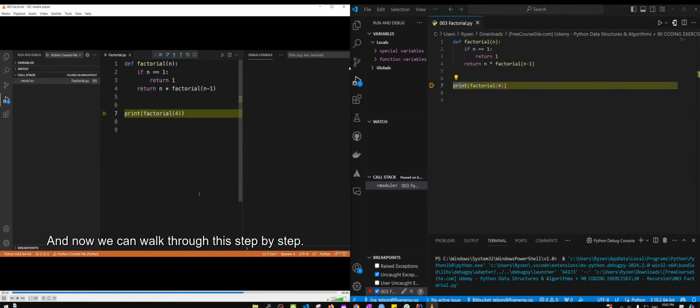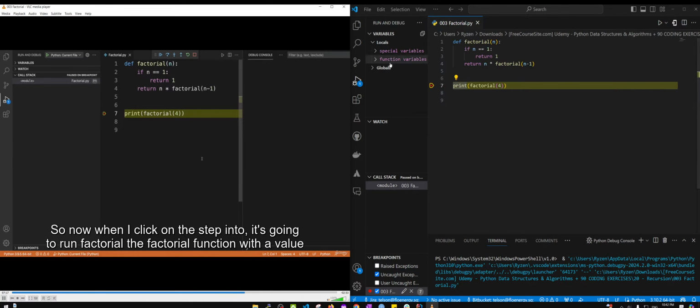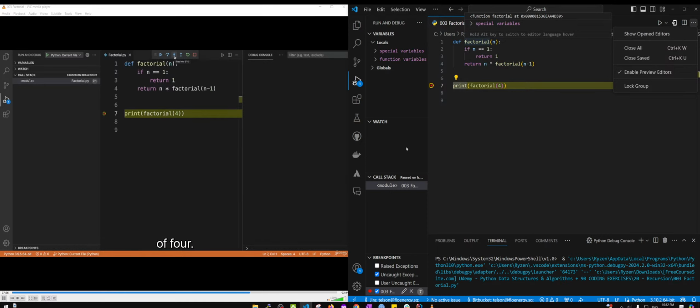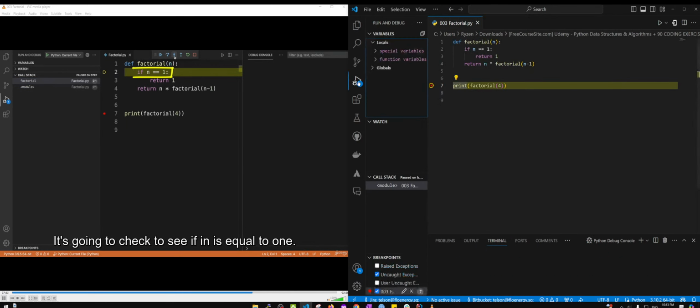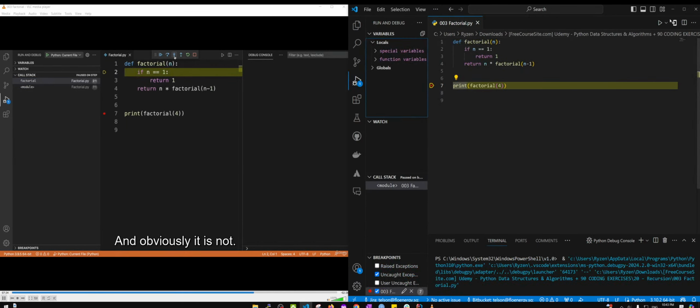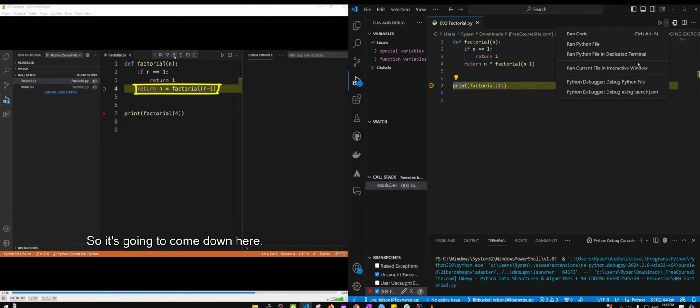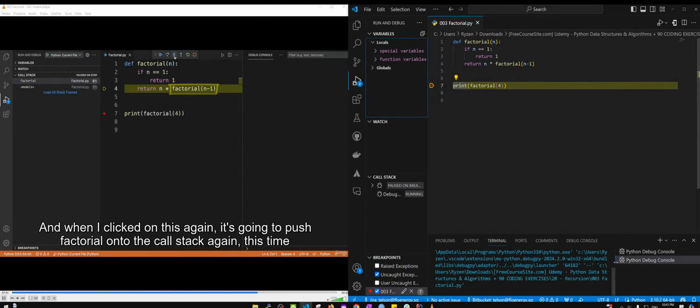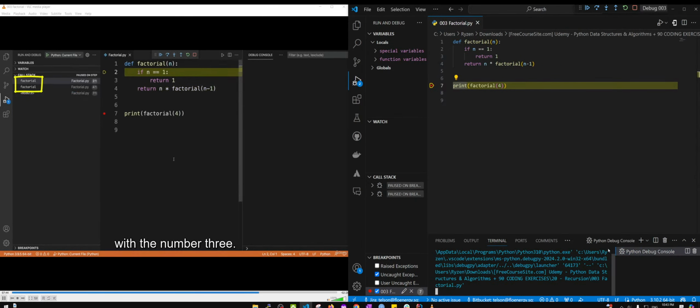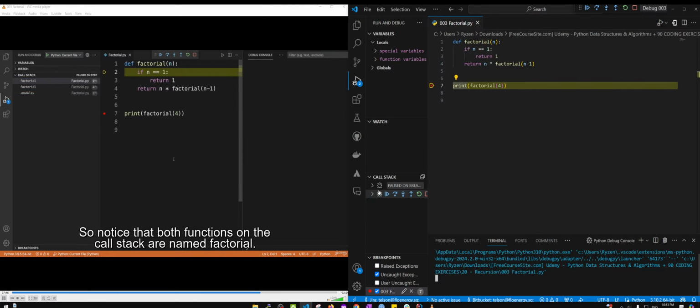walk through this step by step. So now when I click on the step into, it's going to run the factorial function with the value of 4, and that gets pushed onto the call stack. It's going to check to see if n is equal to 1, and obviously it is not. So it's going to come down here, and when I click on this again, it's going to push factorial onto the call stack again, this time with the number 3. So notice that both functions on the call stack